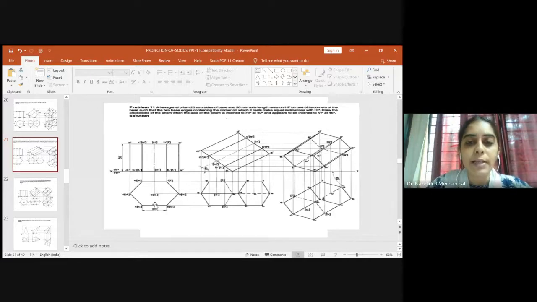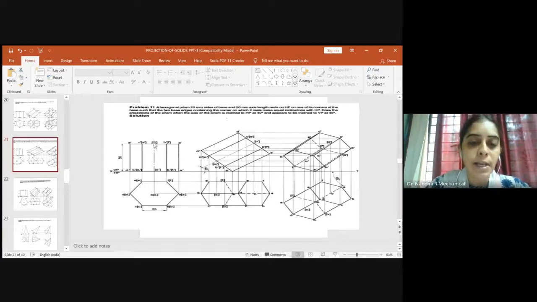So once this is done, please kindly go through the question again at every stage. Even though you have gone through the problem completely, before going to every stage, read the problem. So here, what is the axis length given? It is 50 mm. So first, let the projection line be very thin. Don't darken it. From the center, you just extend a line until the XY line. After that, you will take the center line pattern. Don't draw a continuous line. Immediately you show the center line or the axis line. Use a scale and measure exactly 50 mm.